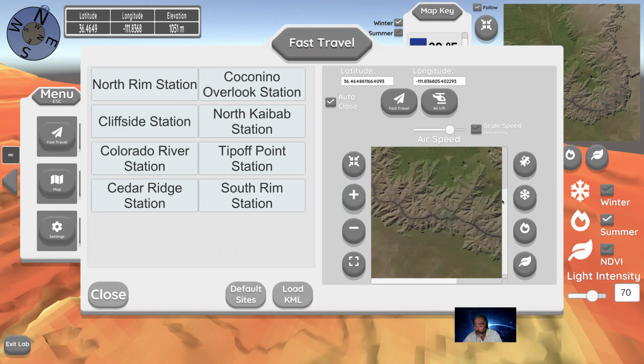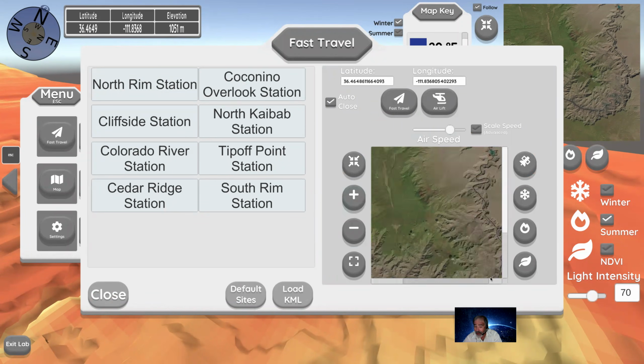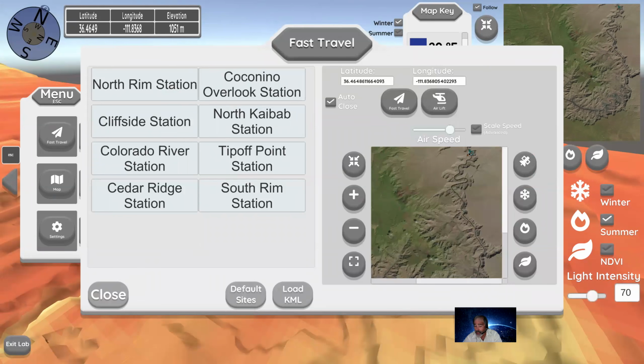I'm zooming in to the northeast edge of the game board, and I'll show you fast travel by the helicopter mode, which is a cool way to go. So I'm going to change the airspeed, and I'm going to click this button for scale speed. So I'm now going to click another location where I'm going to fly to in this inset map here,